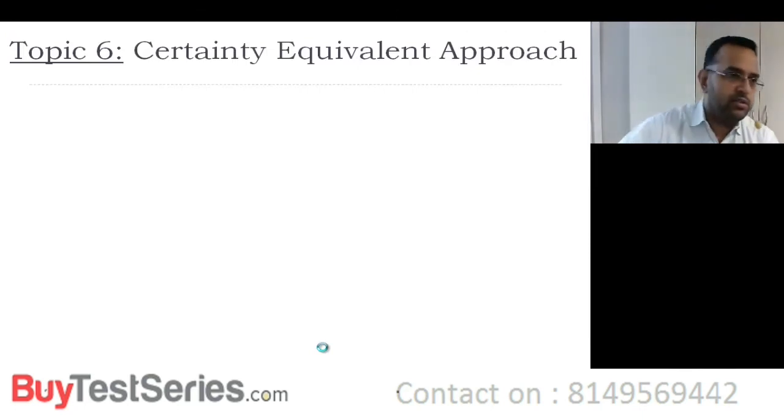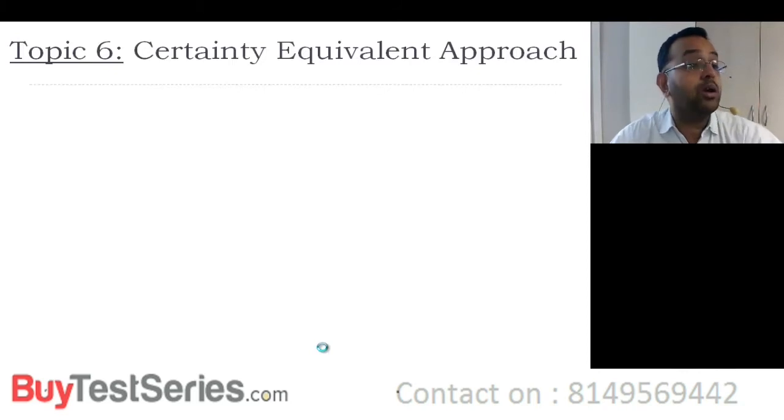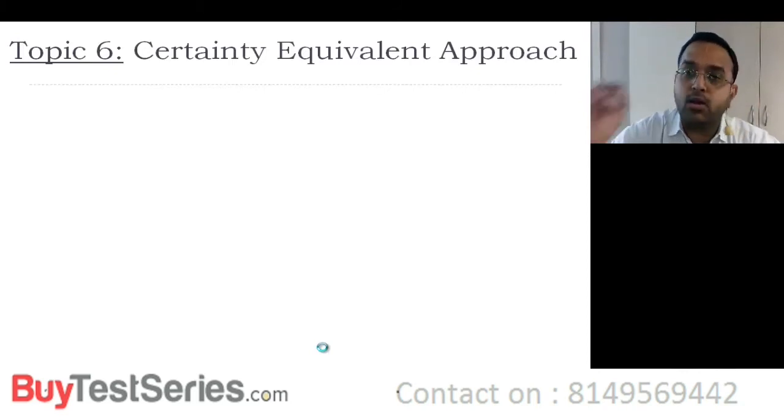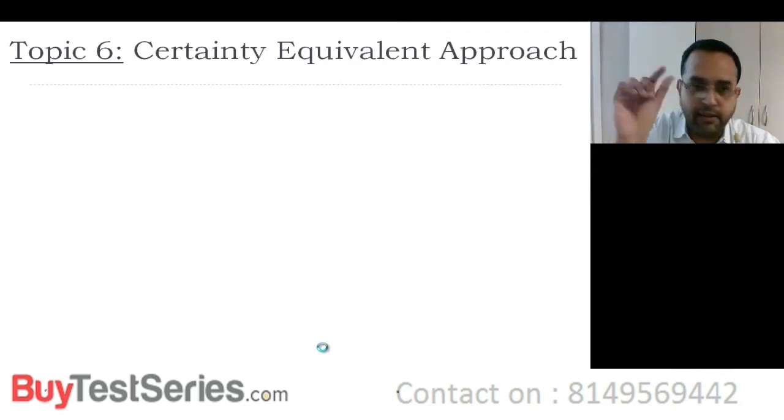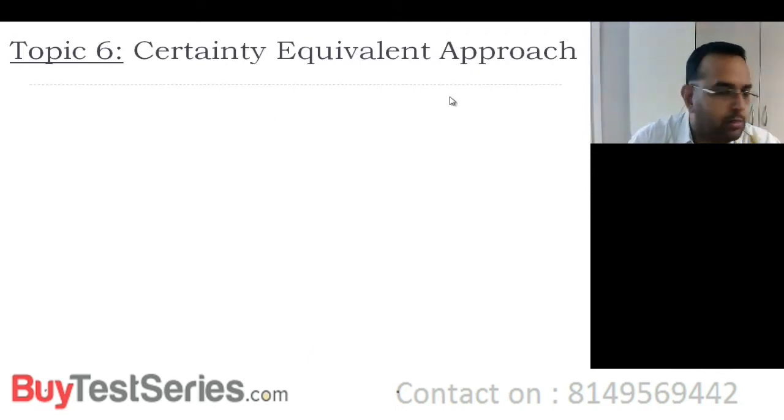In fact, I remember telling you this example. If I say that I can make next year profit 1 crore and I'm 90% confident about it, it can also be interpreted as 90 lakhs of profit where I can be 100% confident of getting it. So if you have a multiplying factor, that factor is called as a certainty equivalent approach. The 90% in the example that I told you, probability factor is a multiplying factor. If you multiply that probability factor with the cash flows, what you will get is a risk-free cash flow. And the risk-free cash flow must be discounted using the RF. This is the whole story.